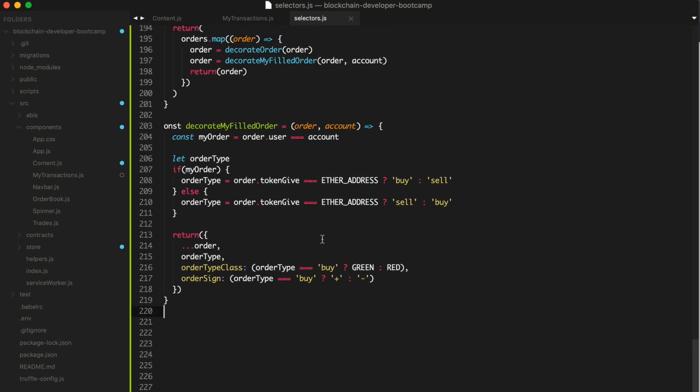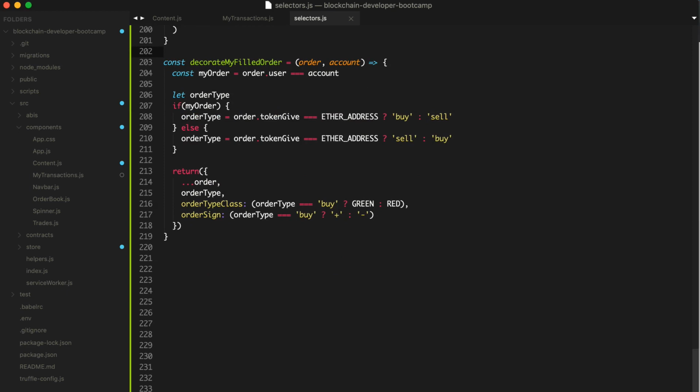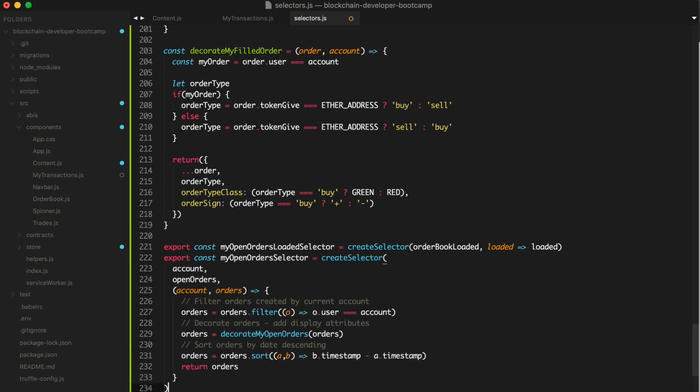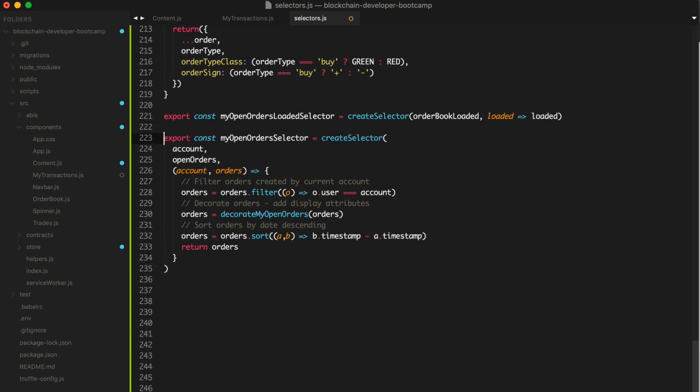All right. So we'll say const. So that's how we decorate the filled orders. Now let's also get our open orders like this. We'll say myOpenOrdersSelector. All right. We want to see if they're loaded. So basically, if the entire order book's loaded, then my open orders are also loaded. And just like we did the other ones, we're going to create a selector for my open orders like this. So myOpenOrdersSelector, we pass in the account, the open orders,